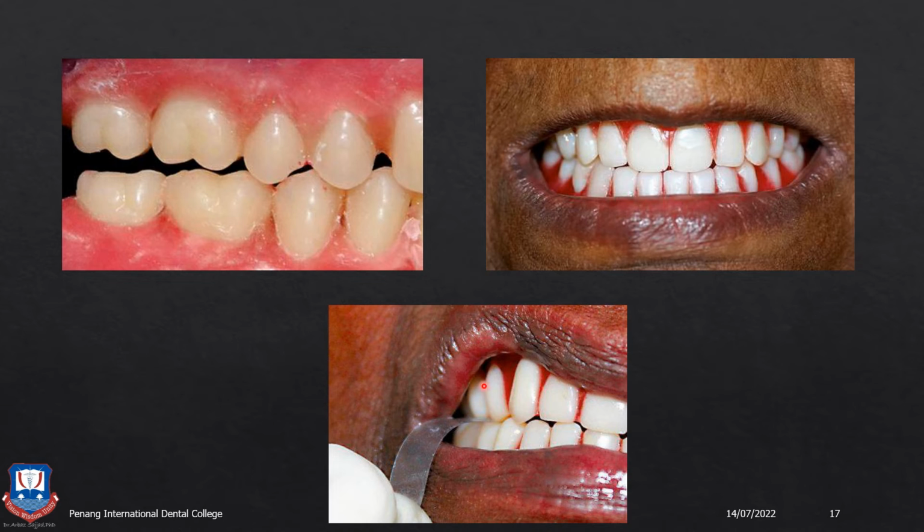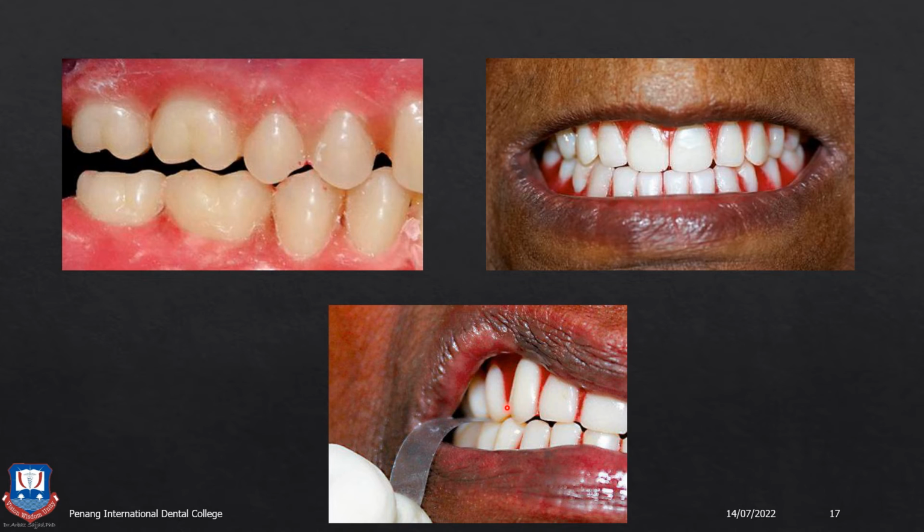Then you also have to check the vertical jaw relationship. That is, the vertical dimension of occlusion is proper on both sides, that is, on the right and left working side. So you place mylar strips or occlusal shim stock or articulating paper between the teeth on premolars and molars on each side, and you pull it to see whether the teeth are in proper contact or not, whether there are occlusal prematurities or whether the teeth are out of occlusion.